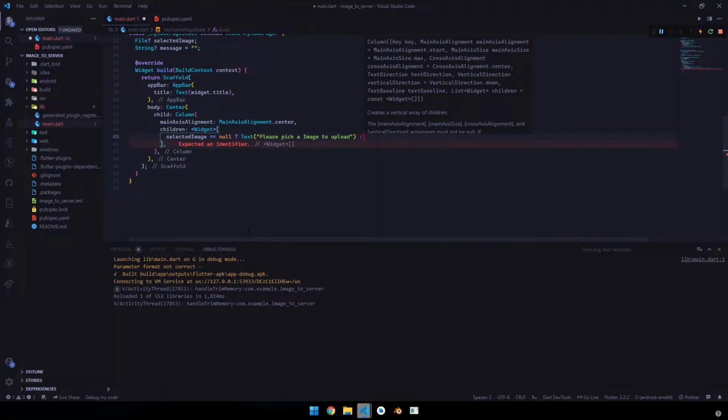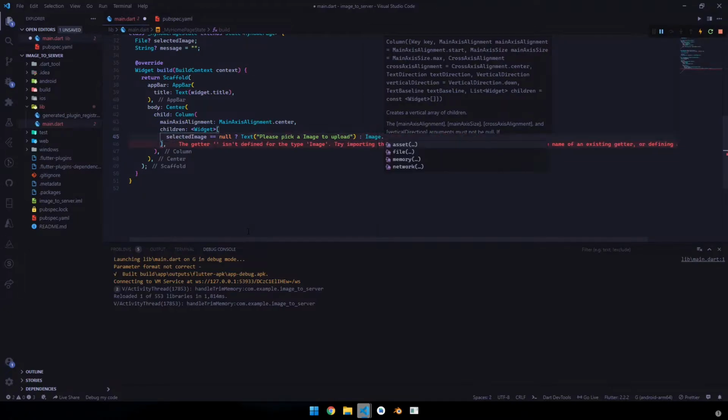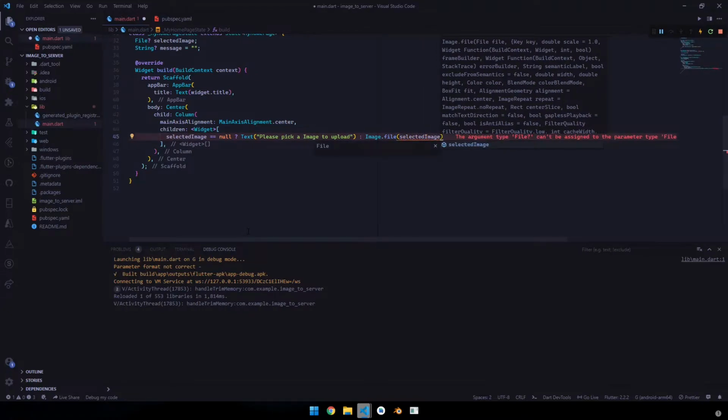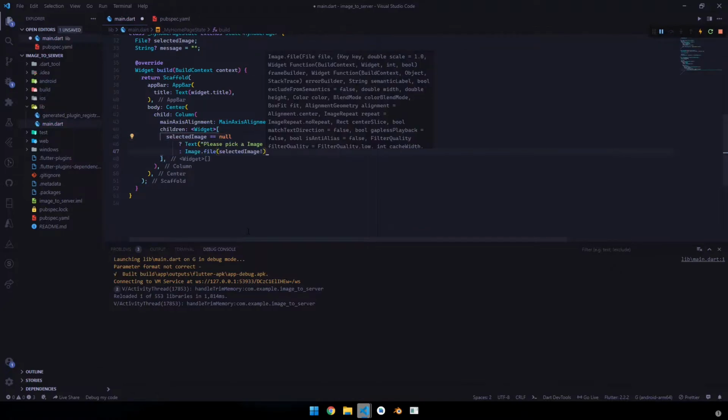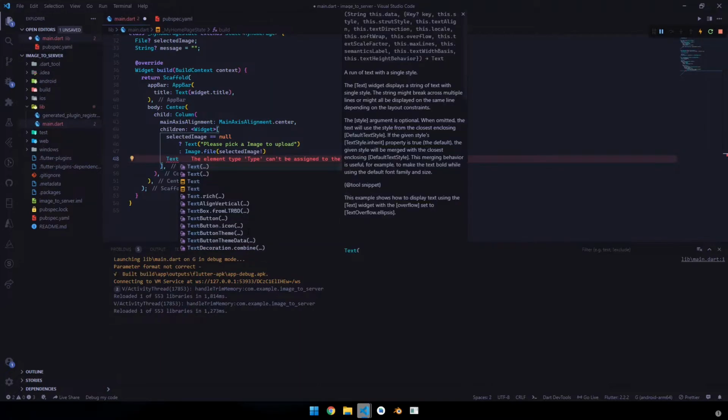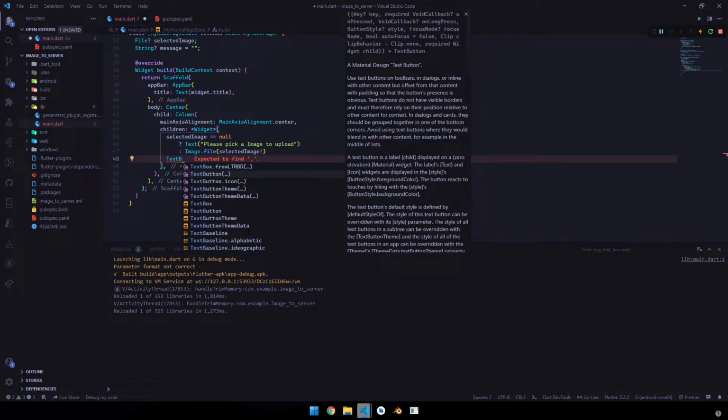If that selected image is not null, then we will be displaying that image, Image.file, that's selected image. Next, I will be creating a button for uploading this image.